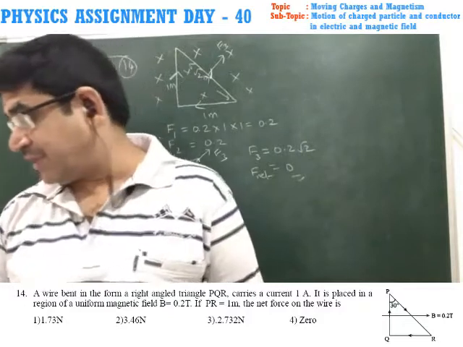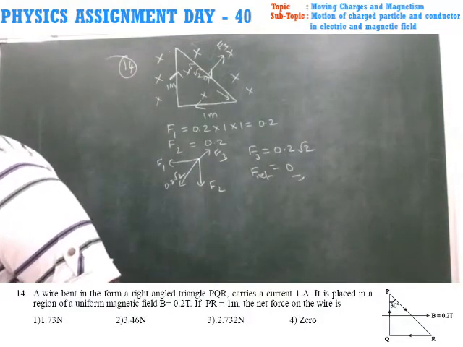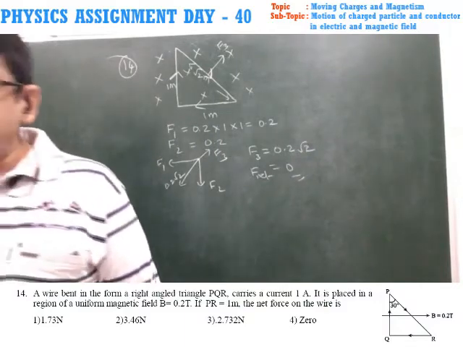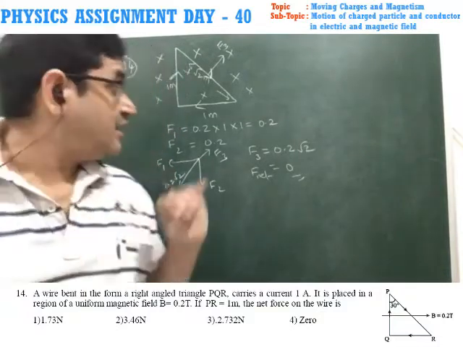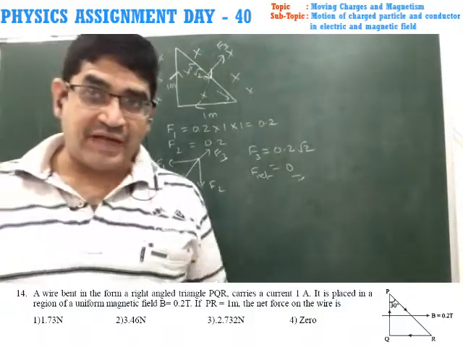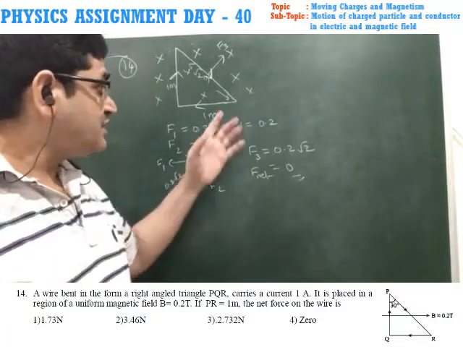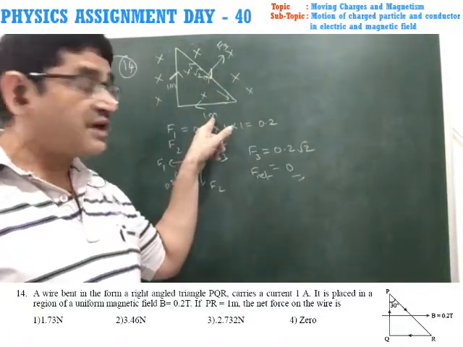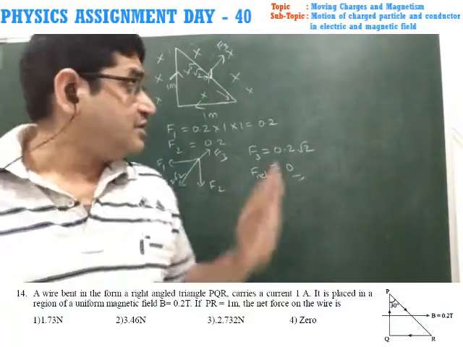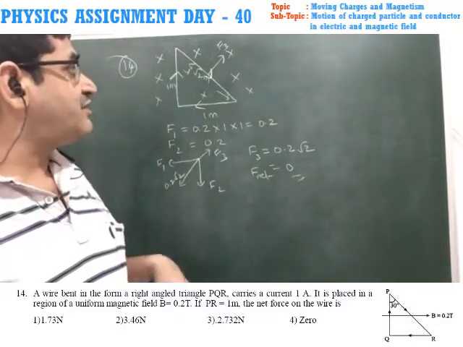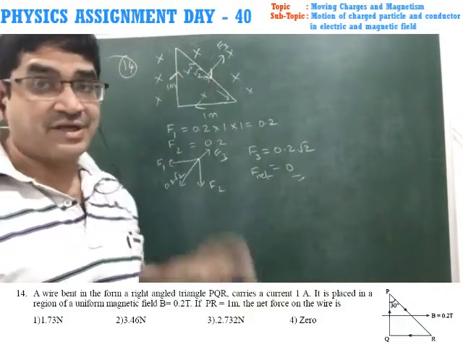Students, in this particular question, number 14, there is a small correction you have to identify. The magnetic field direction was given wrongly. He gave magnetic field parallel to the plane. Actually, magnetic field should be into the plane of the conductor. Not only that, the length of this part is not given. You have to consider this length is 1 meter. This length is already given as 1 meter, and from Pythagoras theorem, this will be root 2 meters.